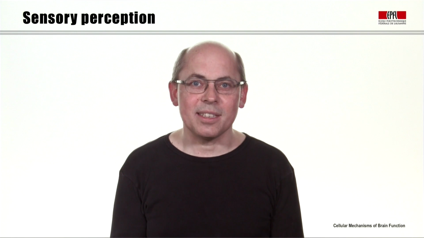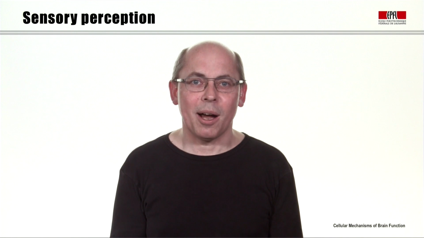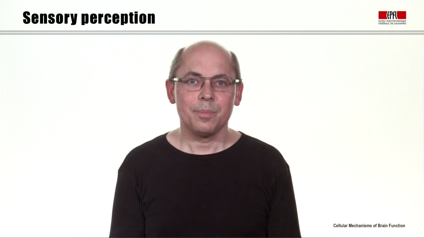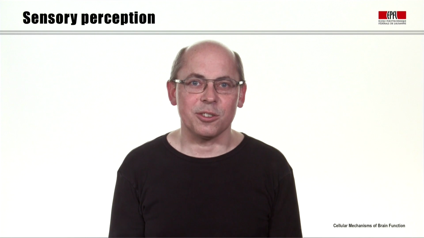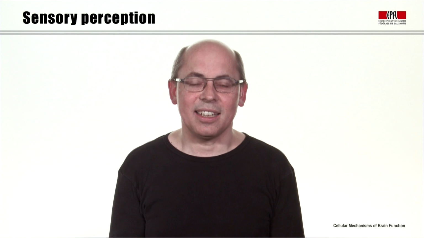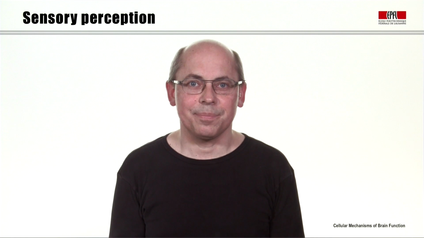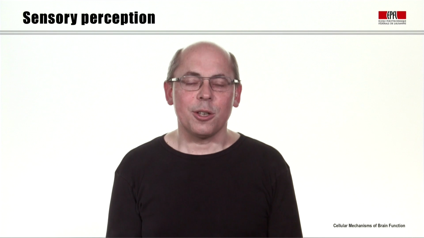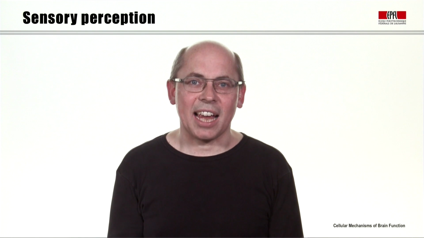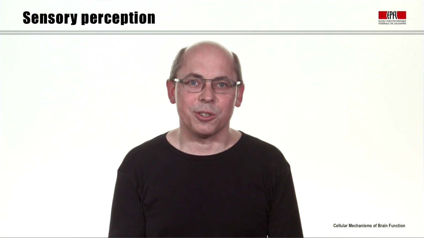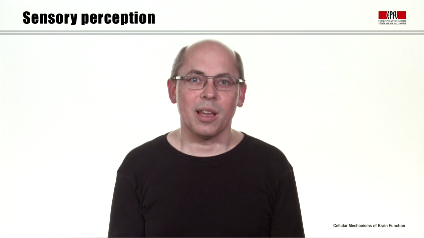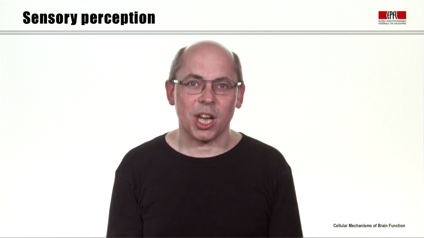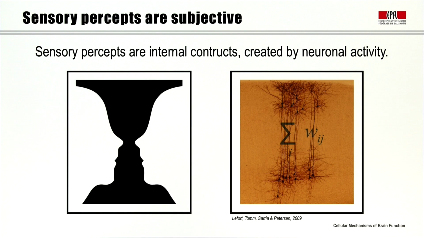We make eye movements and head movements to see specific parts of the visual field. And we move our hands and fingers to touch objects and actively get tactile sensory information. It turns out that sensory perception is active in another way also, in which our neuronal activity actively generates our sensory percepts. That sensory percepts are subjective can easily be seen by looking at images like this that